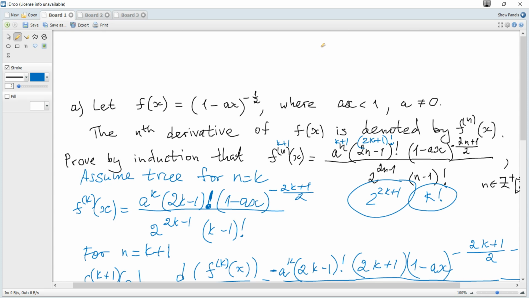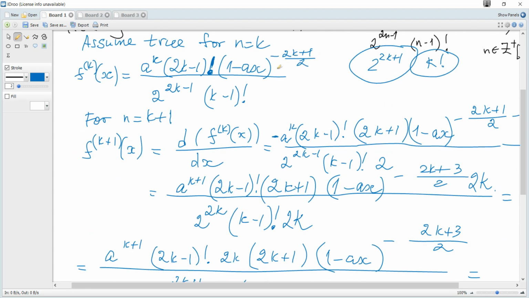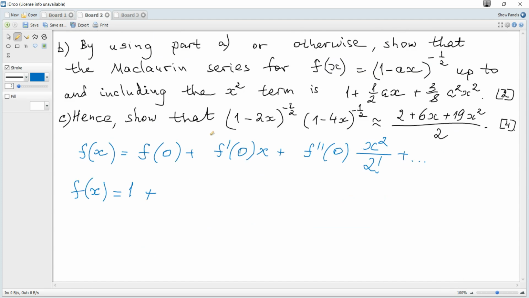It's a times 1 factorial over 2, so it's a over 2, plus a over, let's rewrite in more detail. So f of 0 is 1, the first derivative at 0 is a over 2, and